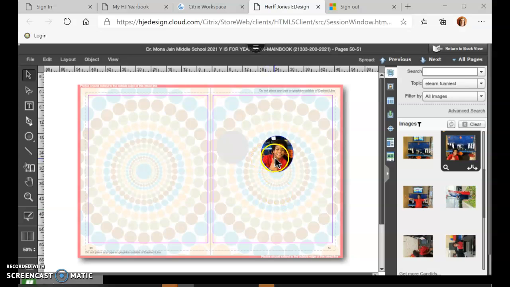Now, this picture might be a good picture, but it's not showing me their funniest places. So just keep that in mind also. If I don't like it, I just click on it and I hit backspace and it goes away. Now, if you go to the